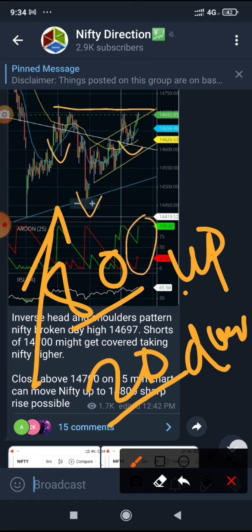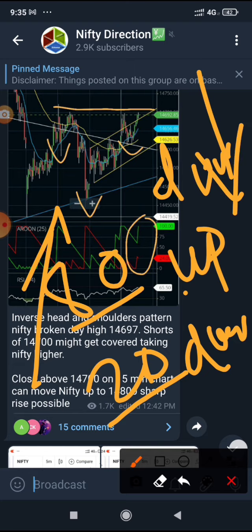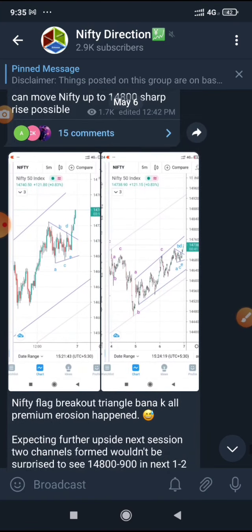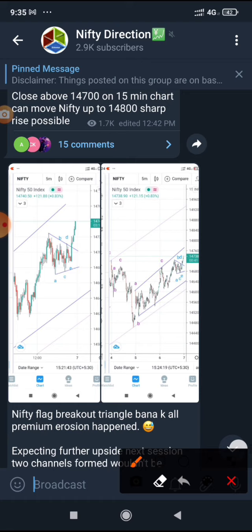Similarly for the downside, when Aroon down is trading at 80 levels and Aroon up is trading below 20, then the market is supposed to correct the stock. So that's how the Aroon indicator is used. So later on you would see that here the Aroon indicator told us pretty well. It had formed a triangle with a small consolidation for some more time after the crossover and bullish sign given by the Aroon indicator, and it continued to be bullish, and then the Nifty flew from